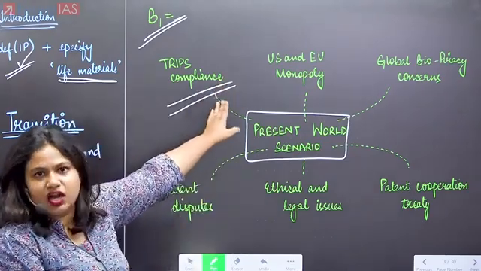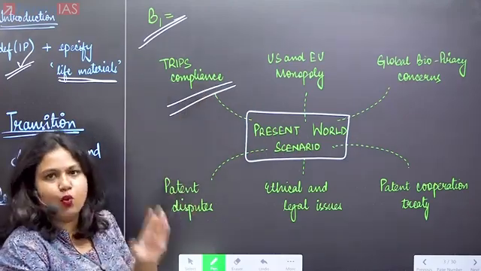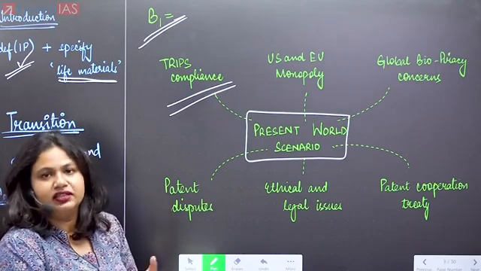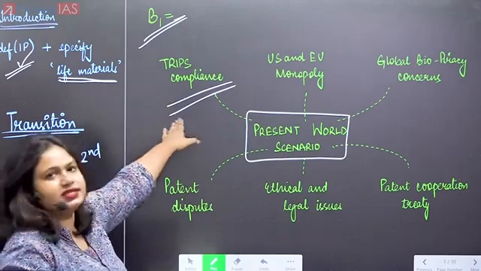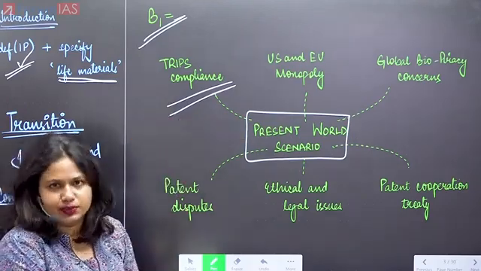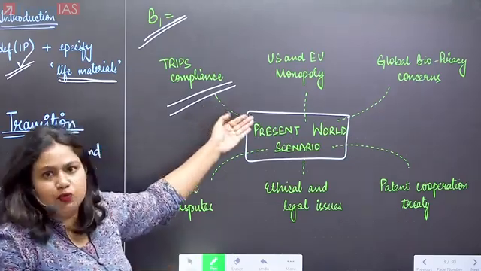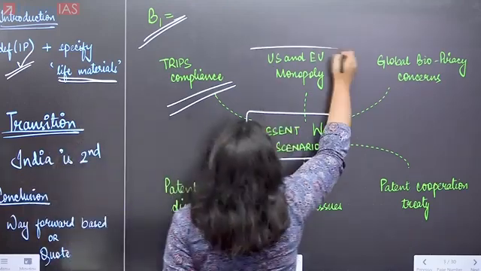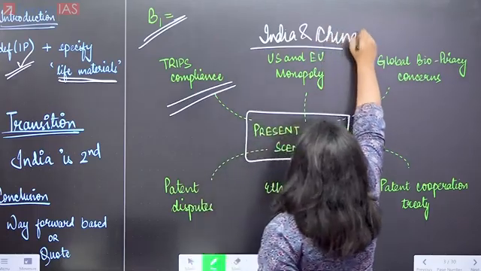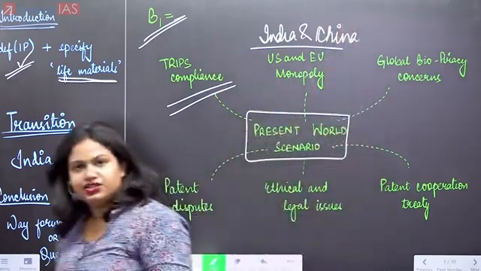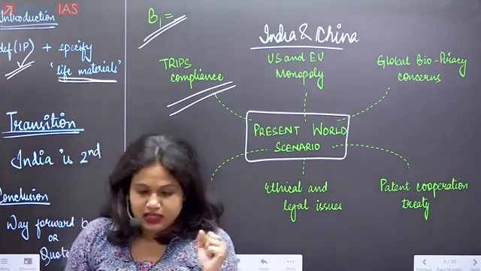Now across these arguments, I'm also going to mark out which are the ones that everybody would usually write and what are the other niche arguments that, if you've included, your answer will feel enriched. So the thing about TRIPS compliance is that I expect everybody would have written this point in your answer. The second thing is that the US and EU have a monopoly which is being challenged by India and China, right? China and India are emerging players, whereas the US and EU tend to have the historical monopoly in these particular